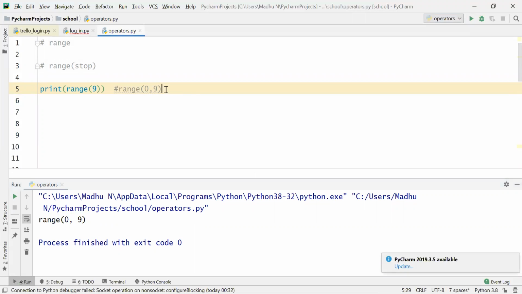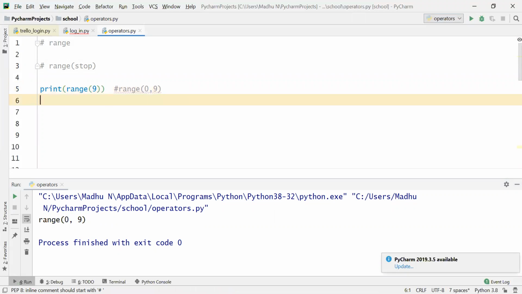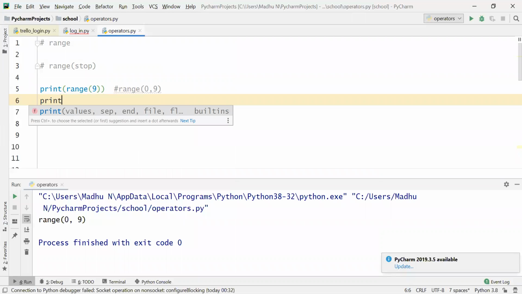Now, the contents in range will be in the list form. So, we have to typecast into list. If I want to print the contents of range, you have to typecast it with list.